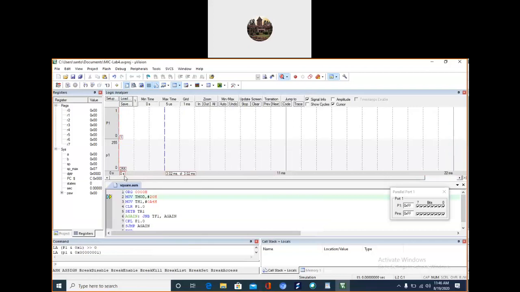Meantime, guys, you do one thing. There is a video on YouTube. Just check a video on YouTube. Write in the YouTube search: square wave generation using Keil 5. And let me see. So the settings are there for that particular thing.